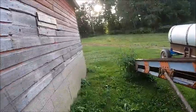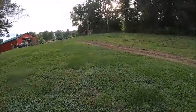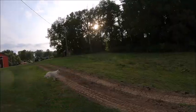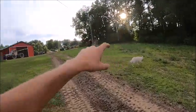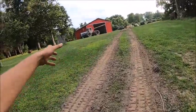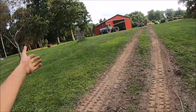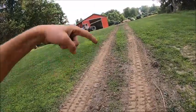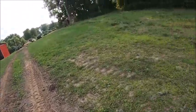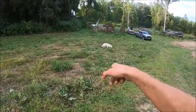And then there was an old barn foundation right about here where the grass gets tall, where I quit mowing. There was a barn foundation here. There was a concrete pad right about here for what I'm assuming may have been a windmill at some point, because it was a flat square pad with clay tile going down through it, and I busted all that out. We got rid of this barn foundation, dug a hole here and pushed it in, and